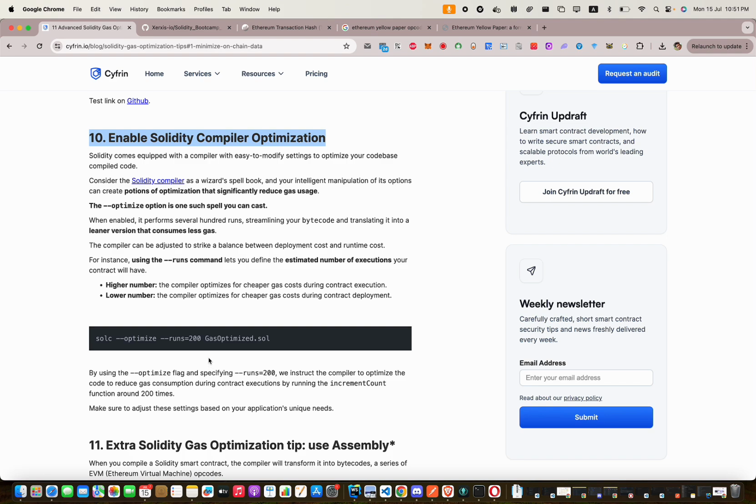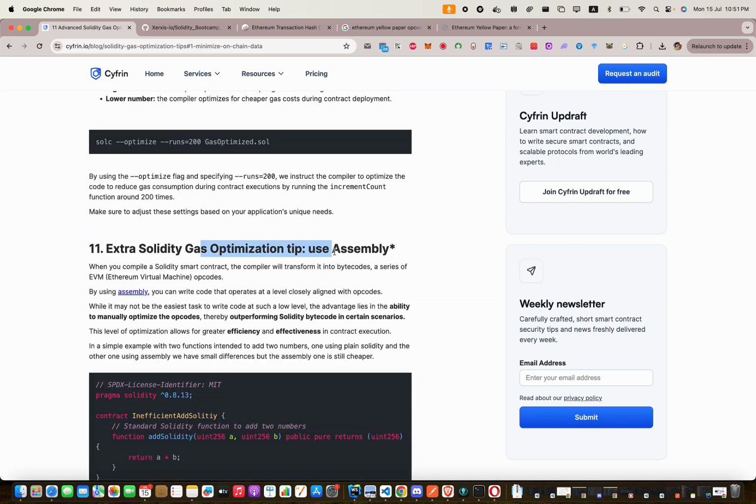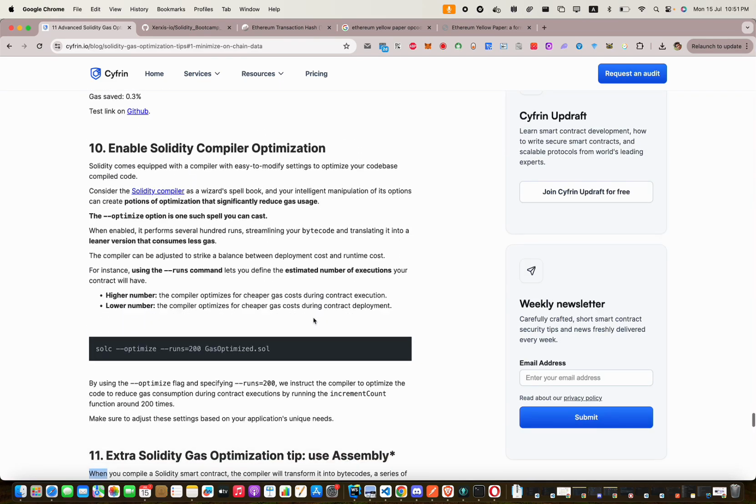So yeah, the compiler optimization, I think in the assembly Python I think እንጨርሳለን። yeah, so these runs are like the iteration it will take to change this solidity code to a machine readable code ማለት ነው። so this solidity compiler like iterate ያደረግበትና kind of it makes it like very cheap for gas and for execution ማለት ነው። so this iteration, if the iteration is high number እዚህ ጋር እንደምታዩት